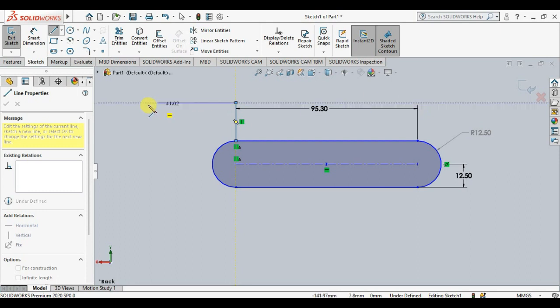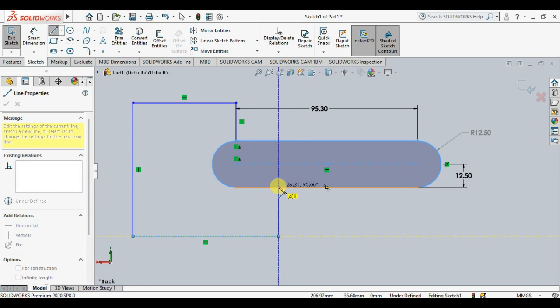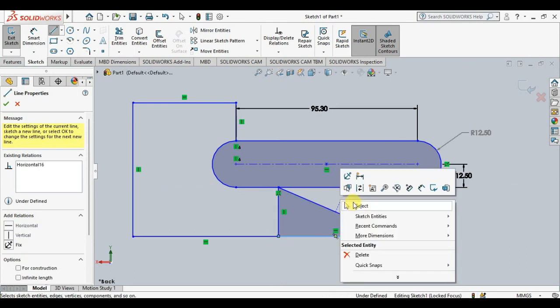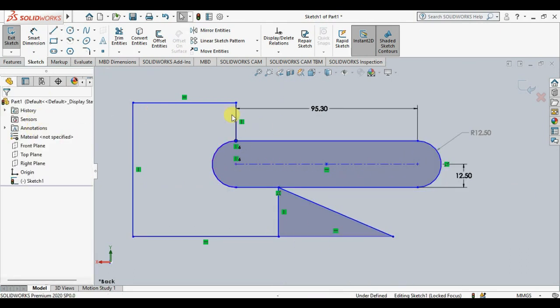Creating clean geometry. The trim command is essential for ensuring clean and accurate sketches. It helps you create precise shapes without extra, unwanted lines. Extend and Power Trim. In addition to standard trimming, SOLIDWORKS offers tools like Extend and Power Trim. Extend allows you to extend lines to meet other lines or curves, while Power Trim offers more control over complex